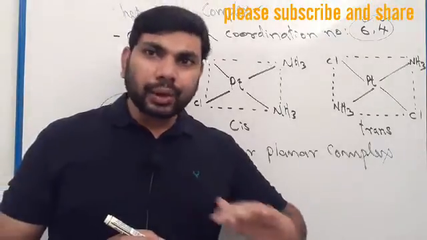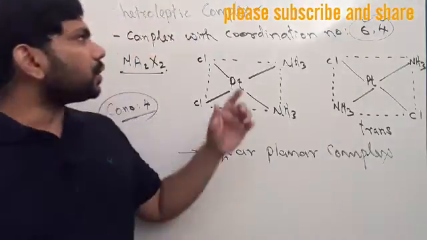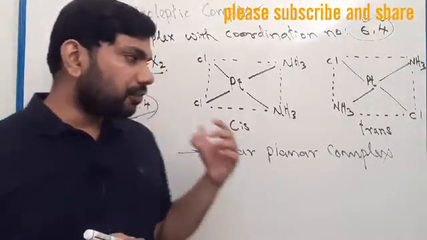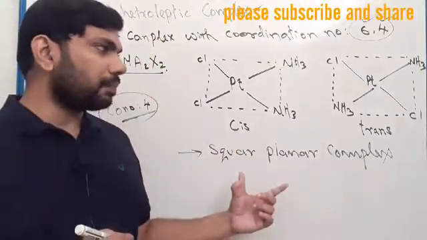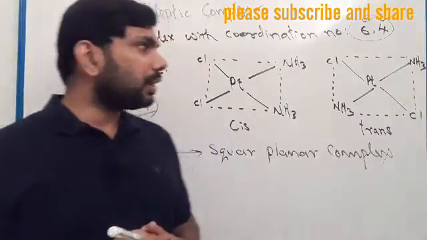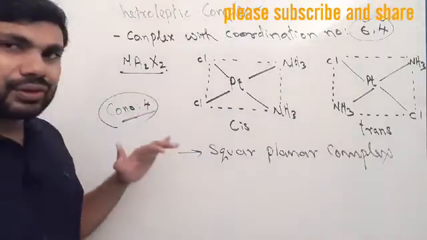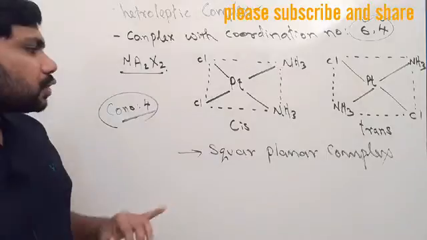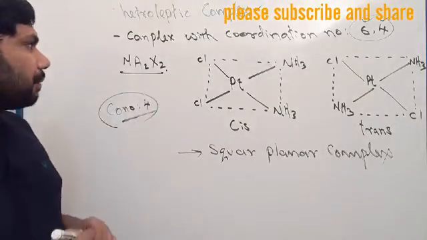Generally square planar complexes show geometrical isomerism. There are different types of geometrical isomerism with square planar, so we can classify this. First type,